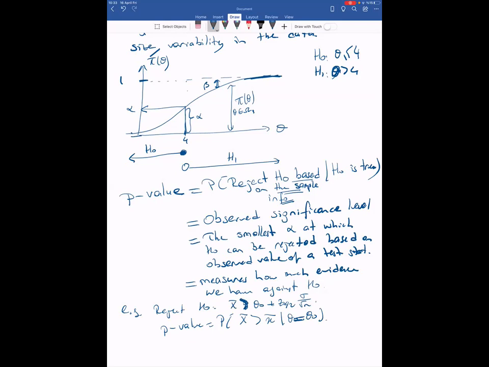So we found a critical region to reject the null hypothesis. This gives us our alpha level. Then we calculate the probability of this. It gives us alpha. But when we put an observed value of our test statistic here under this condition, then it gives us the p-value. And our general rule, basically,